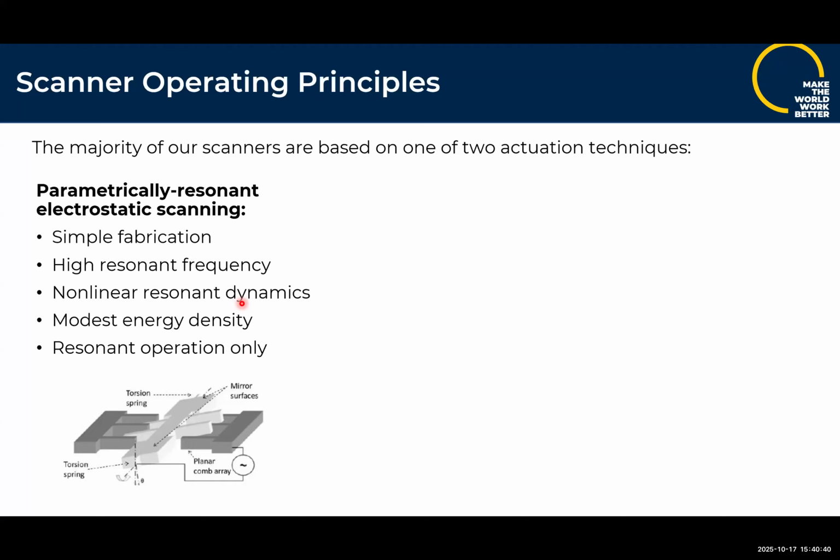But micromirrors are going to put some limitations on that, as we'll see. So you get around that a lot of the time by operating in resonance. In particular, parametrically resonant scanners are built as planar systems that can only operate at resonance. It makes them very simple to fabricate. It gives them a high resonant frequency, but it ends up with some nonlinear dynamics. And again, you can resonate it or you cannot resonate it, and that's what you have available to scan the